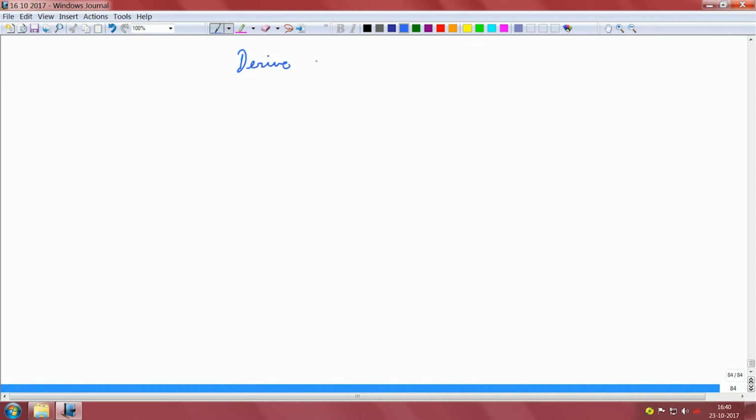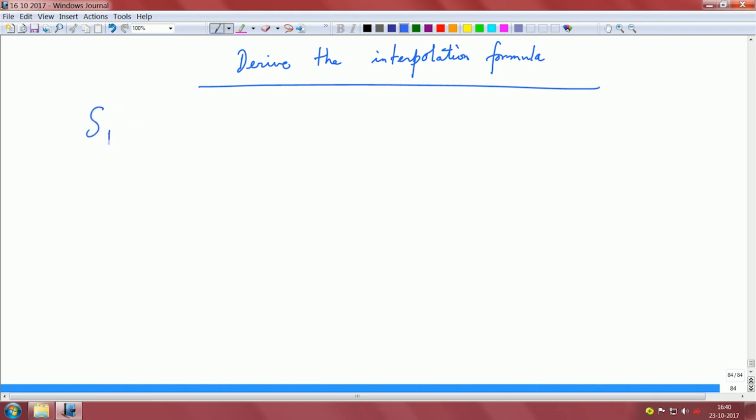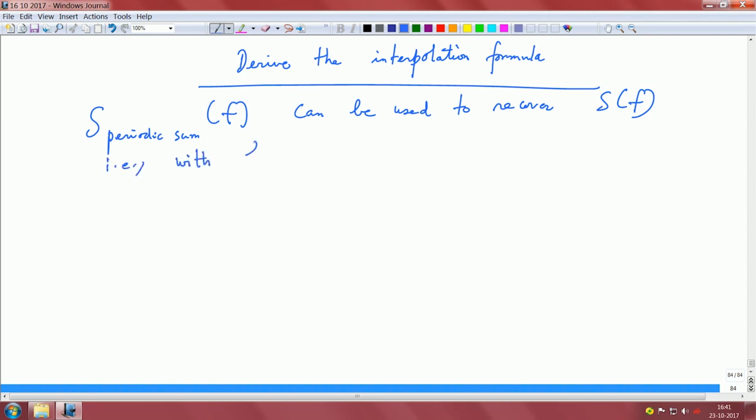Now, let us derive the interpolation formula. Now, this periodic sum of copies of the spectra can be used to recover S of f, that is with k equals 0, right. So, we can say that S of f